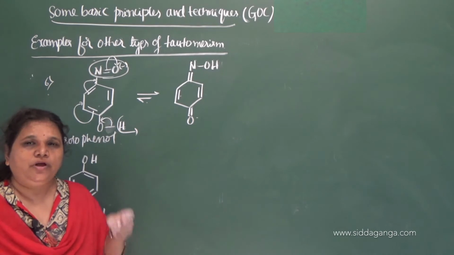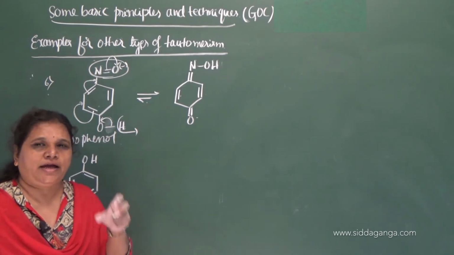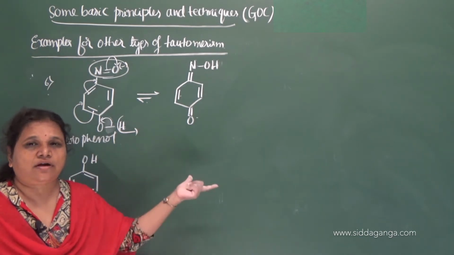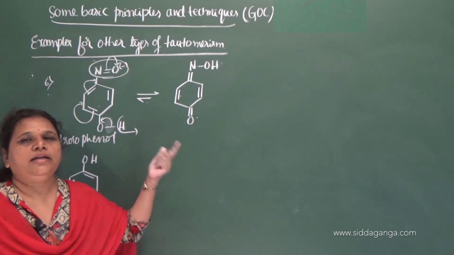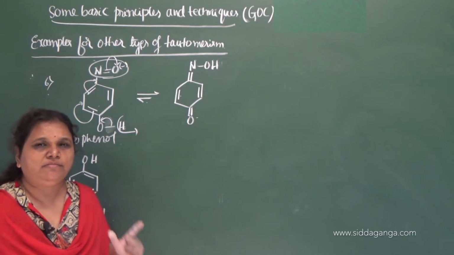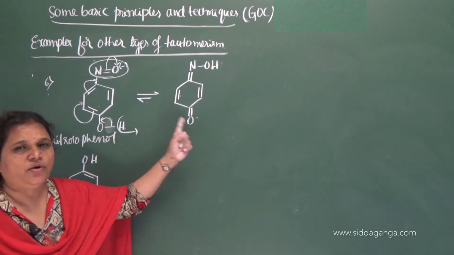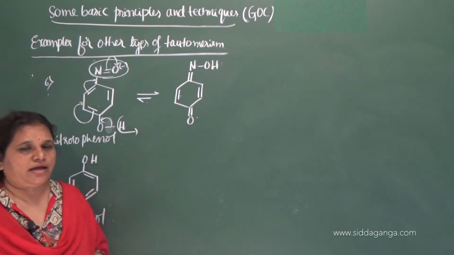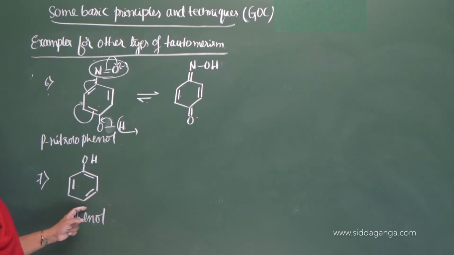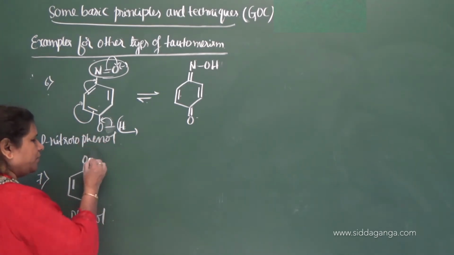In a compound, look at the highly electronegative atom. If it contains hydrogen, that shifts onto another highly electronegative atom which is bonded by a multiple bond, that you have to remember. So this enol form gets converted to keto form, the reverse I have given. And here what is the form? This is also enol form, we need to convert it into keto form.